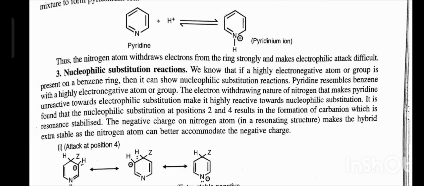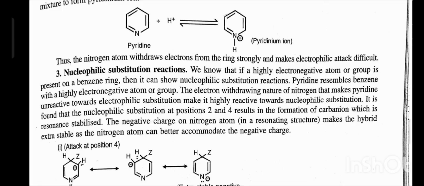Third, nucleophilic substitution reaction. We know that if a highly electronegative atom or group is present on a benzene ring, then it can show nucleophilic substitution reaction. Pyridine resembles benzene with a highly electronegative atom or group. The electron withdrawing nature of nitrogen that makes pyridine unreactive toward electrophilic substitution reaction makes it highly reactive toward nucleophilic